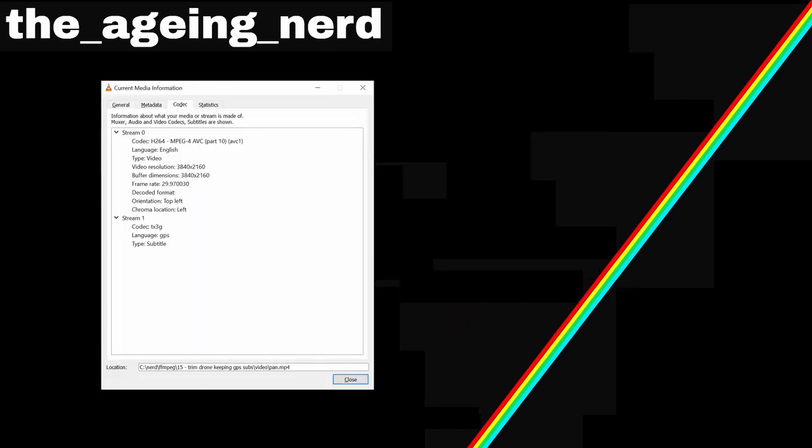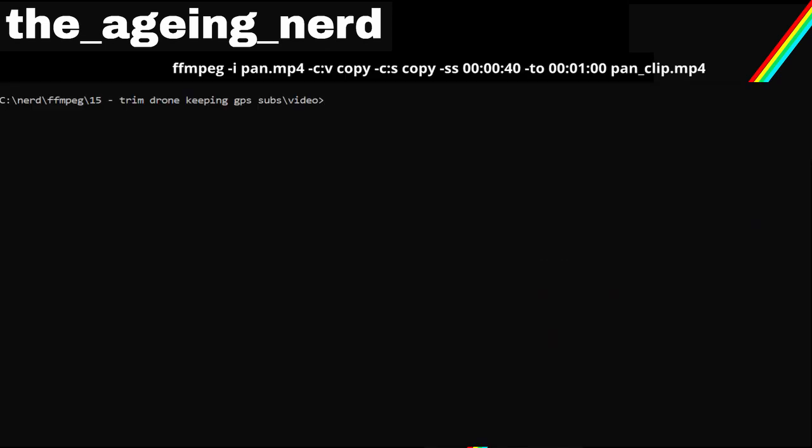Here's the file information. We have a 4K drone clip at 30 frames a second, one subtitle track containing the GPS data. I've opened a command prompt, but I've also put the command on screen in text so we can go through it. FFmpeg -i input name -c:v